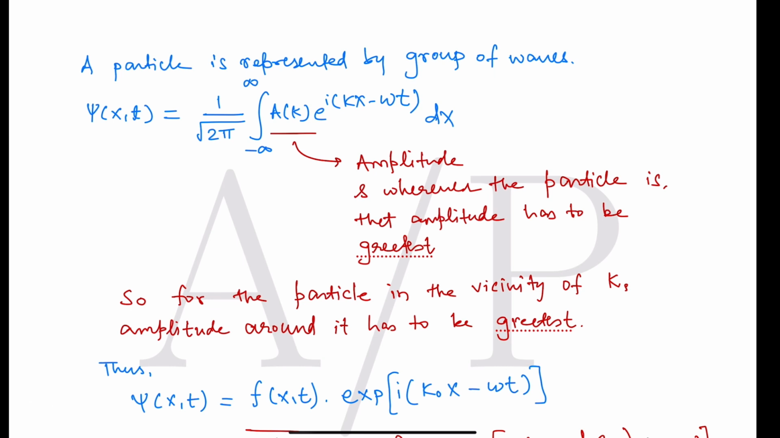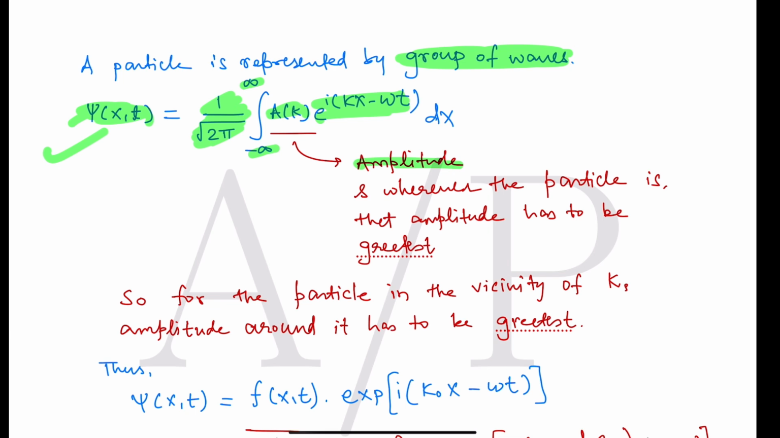Now let me tell you a short note which is extended from this topic. We all know that a particle is represented by a group of waves. It cannot be represented by a single wave function; it must be represented by a group of waves only. And the group of waves will be given by this expression, where psi as a function of x and t is equal to 1 upon root 2 pi, with the integration limit from minus infinity to infinity, and A(k)